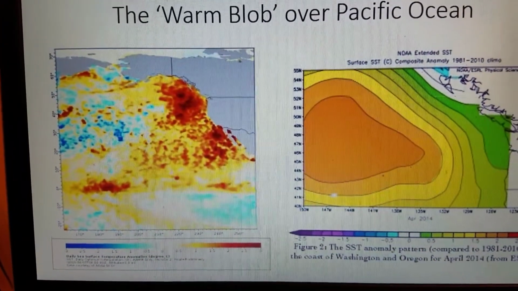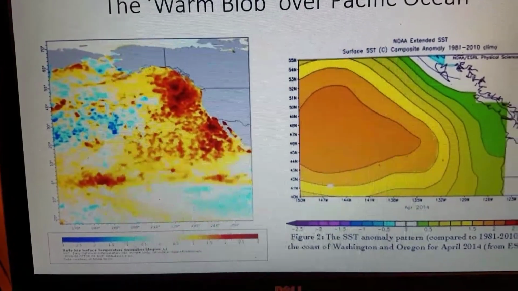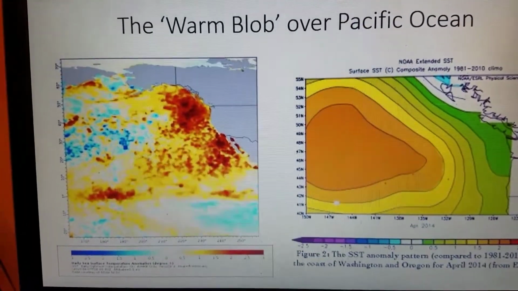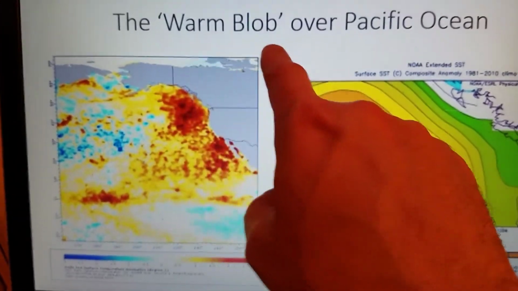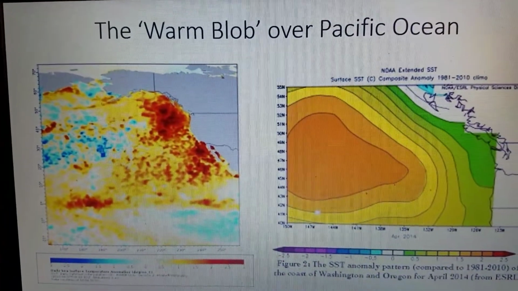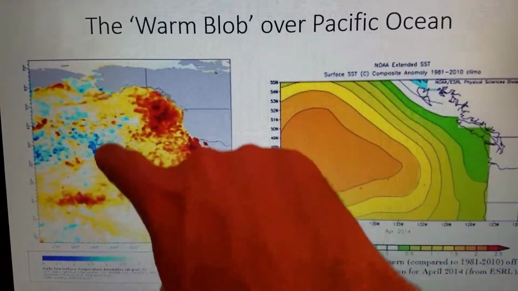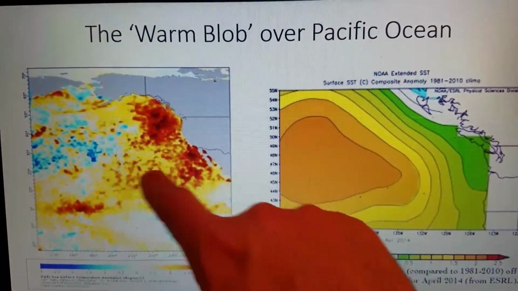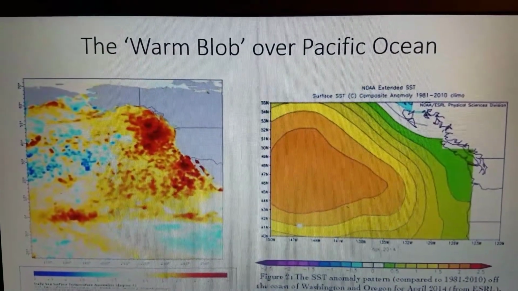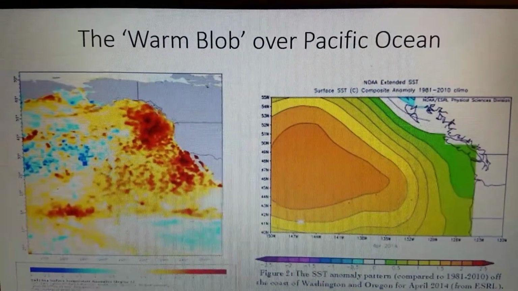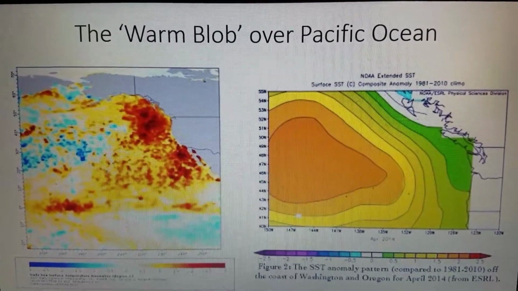This is going back now. We're looking back a few winters ago, 2014, to where we had this huge anomalously warm area, we call it a warm blob, over the North Pacific Ocean. And what happened was there was a huge ridge of high pressure that set up right over the top of this into the western U.S. and resulted in a very dry winter for California and the West Coast in general.